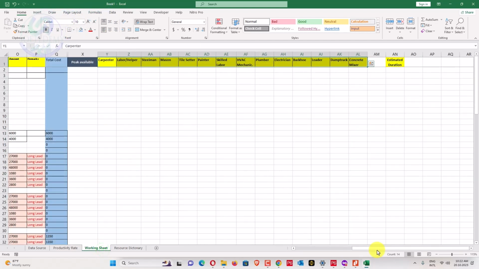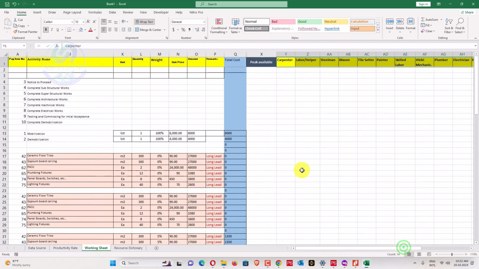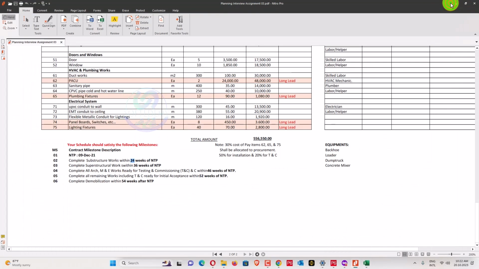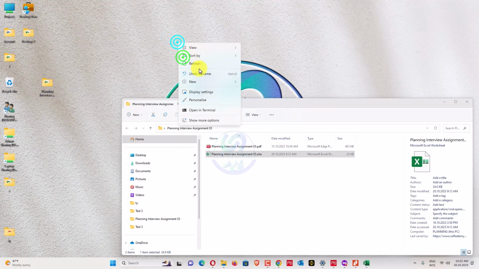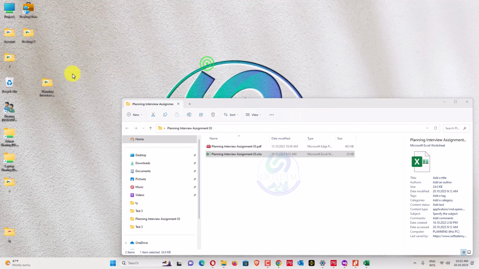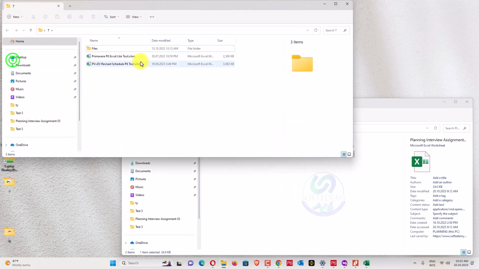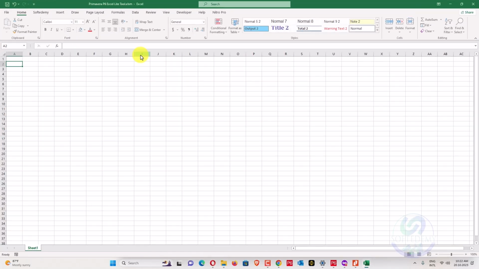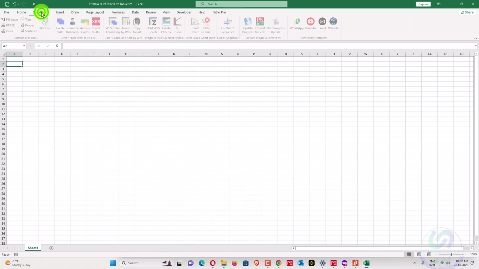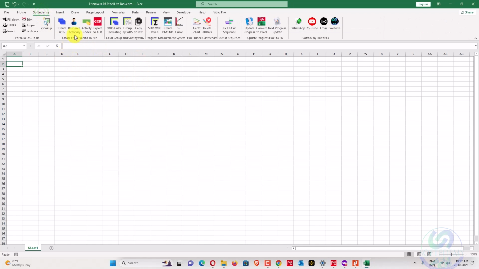Working sheet. So we have the working sheet available. This one carpenter average sources available. We have a tool. This is a separate tool you can buy. Also this supporting file you can get from the store. And we have a tool here which is our Excel P6 Excel Lite. And with that tool I can easily create my WBS.